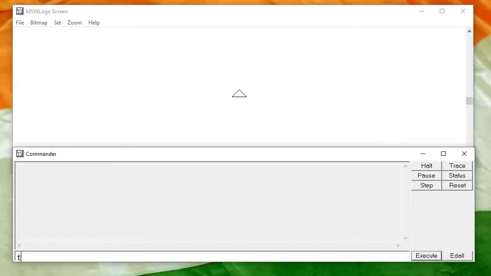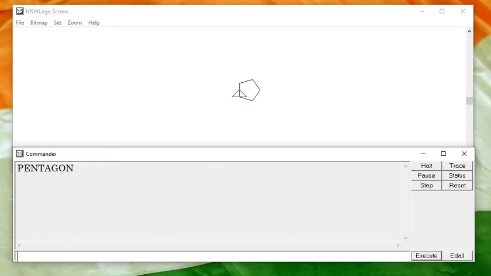Now you want to type here pentagon because I saved the pentagon procedure in that file. So I type here pentagon. See, our file is loaded.